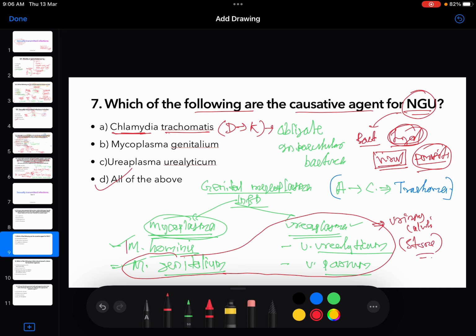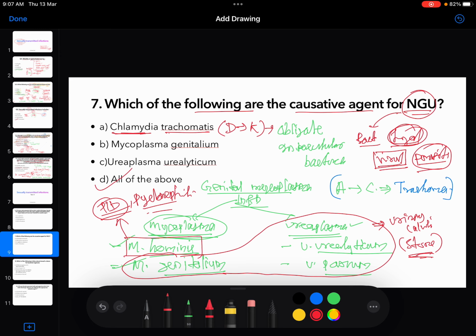Okay, and M. hominis generally causes pelvic inflammatory disease and pyelonephritis. Okay. Other than the non-gonococcal infection, all the ureaplasma and Mycoplasma genitalium cause stone formation, and